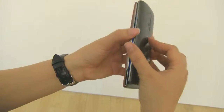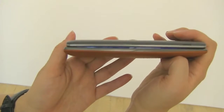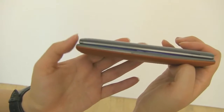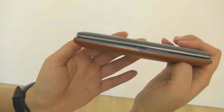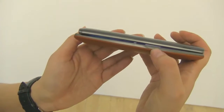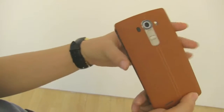The other difference is if you put them up like this, you can see that the G4 comes with a curved display. So this actually adds a little bit of the durability that we've seen with the LG G Flex line, but without the issues of the crappy display and blotchiness, because the curve is not as pronounced and it's not flexible. So we have a metal rim around the edge here, and then we have these great leather